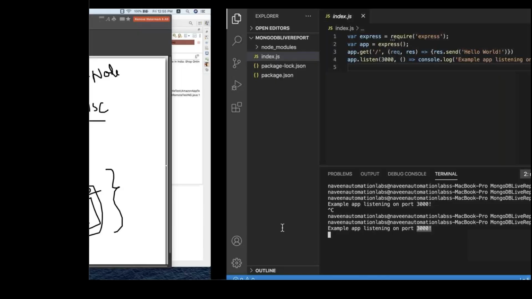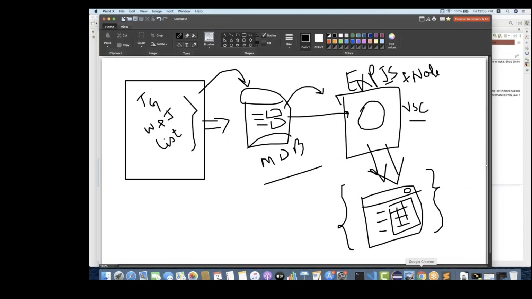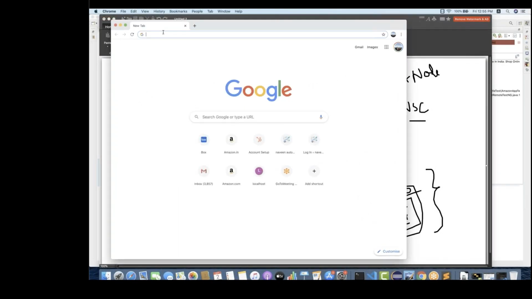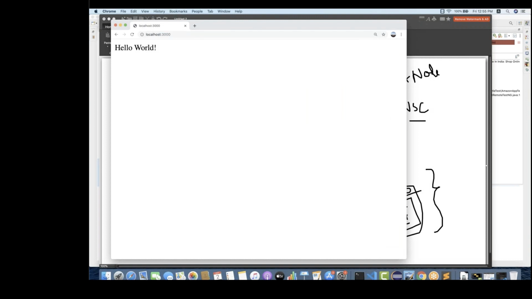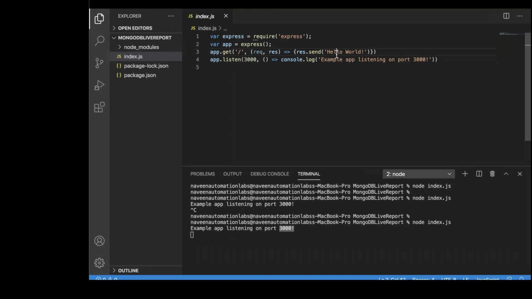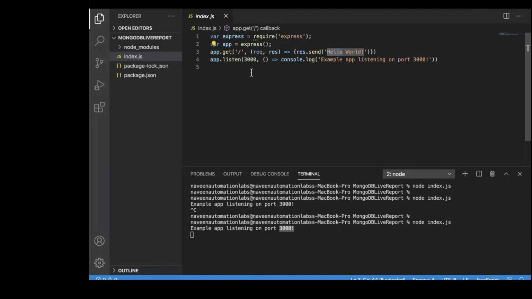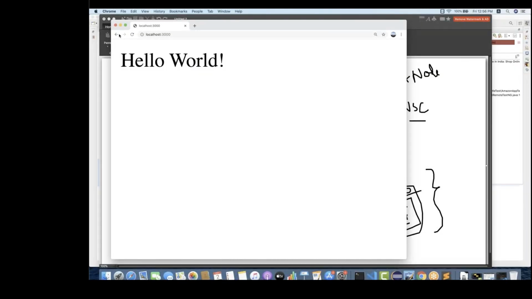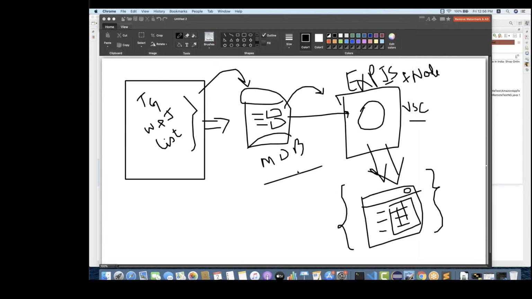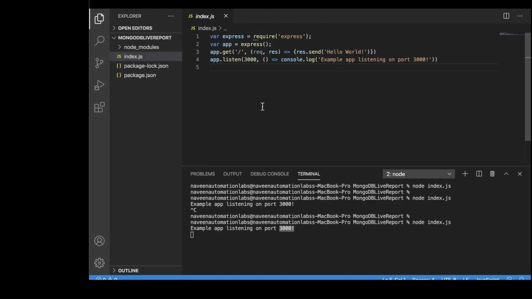So what you just need to do is open a new window and go to localhost 3000. Can you see that hello world is coming? It means whatever data you are passing, this hello world, is coming over here. Now we will do the same thing through some script. We will read the data from the MongoDB and it will display the data over here. For that also I have already written the code, and I'll just show you.